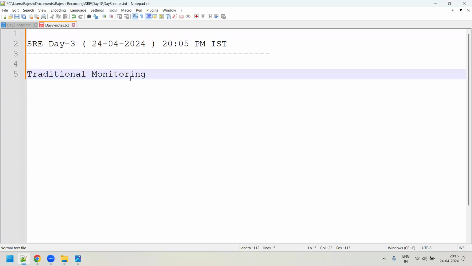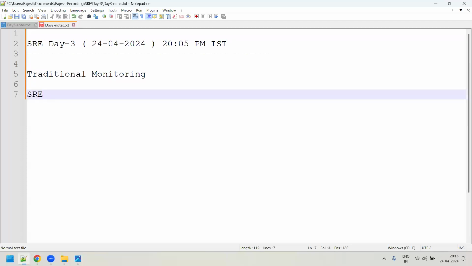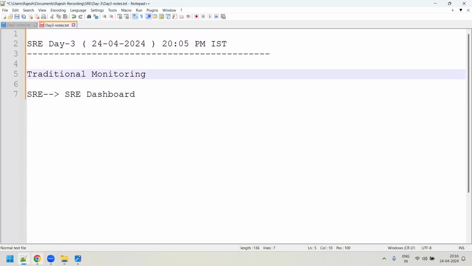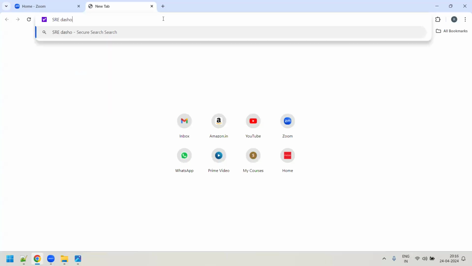So that's the reason we need a better monitoring system than the traditional monitoring. That is why SRE came into the picture. SRE is basically something you can monitor easily. You can monitor everything through an SRE dashboard. You can create a nice dashboard. So if I try to check something like an SRE dashboard,